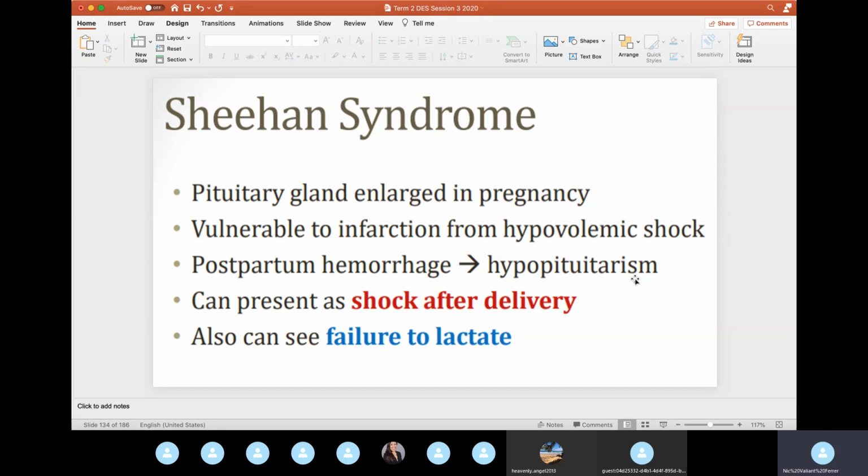What happens in Sheehan syndrome? Anyone? Give me the physiology. Oh, I was going to say there's postpartum hemorrhage, and because the pituitary gland increased during pregnancy but still had the same blood supply, it becomes ischemic. Exactly. So the loss of a lot of blood during childbirth